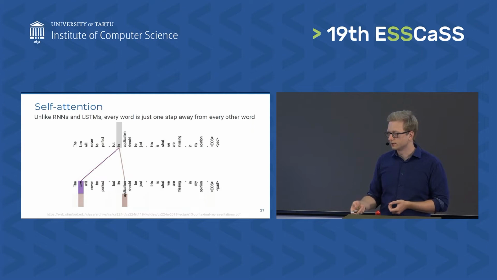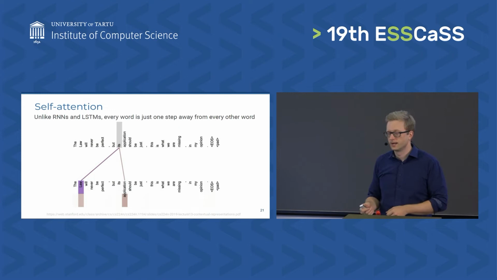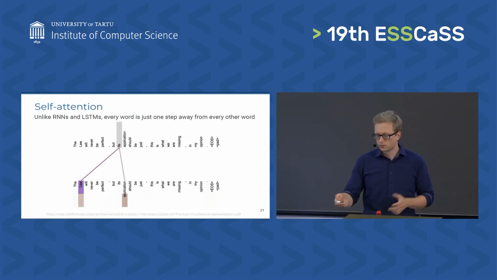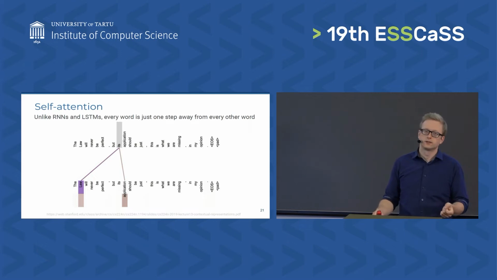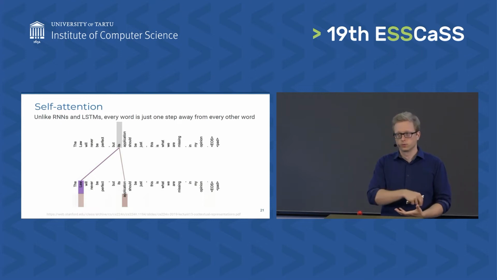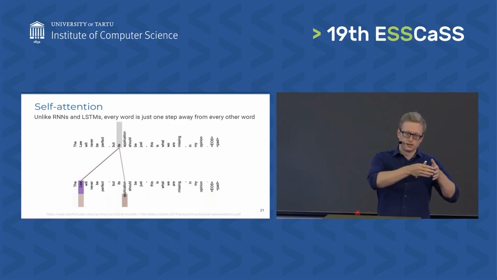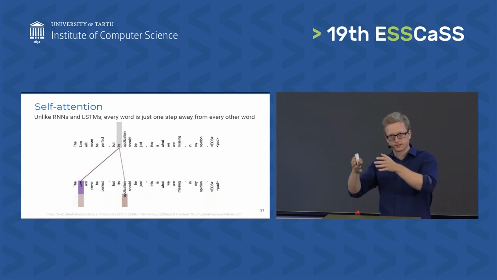And here's another example. Here we're calculating a vector for the word "it's", and the model doesn't actually look at the word "it's" at all, because the word "it's" doesn't really have a lot of meaning on its own. It prefers to look at the words in the context that this word is referring to. And this is a really good type of model, because now every word in the input is only one step away from every other word, as opposed to RNNs or LSTMs that came before it. We had to go through the text in sequence.